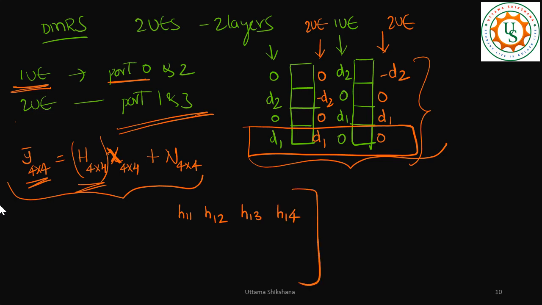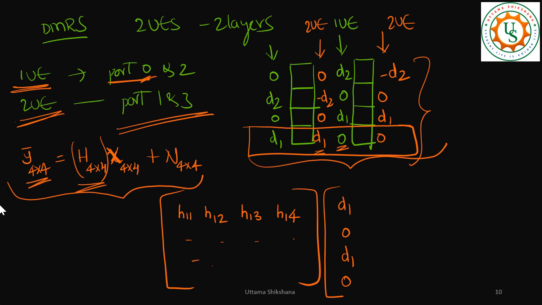So h11 times d1, first UE port 0. Then port 2 is here, so the second one is 0 into h12. Then for the second UE port 1, this is d1 again, so d1 into h13, then again we have 0 into this one. Like that,